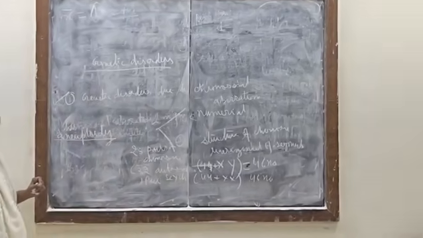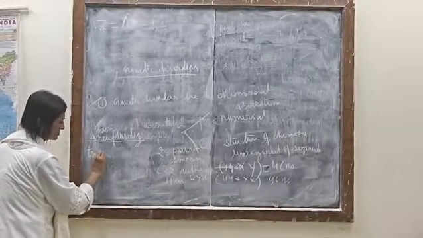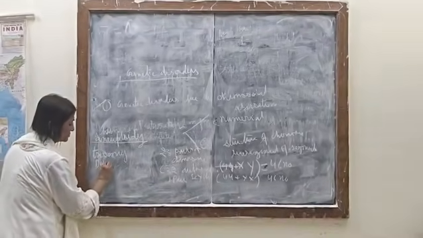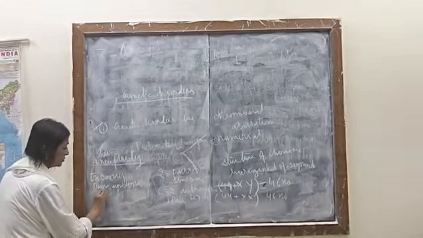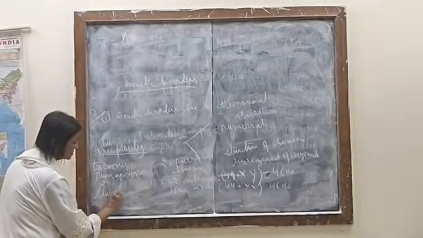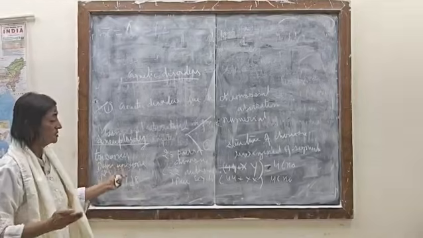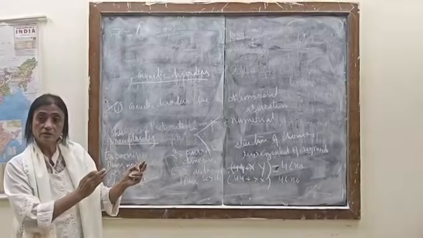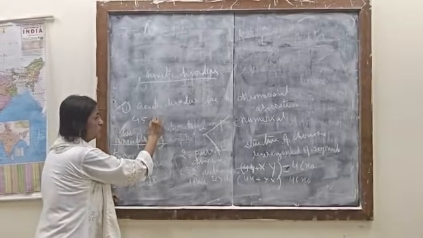Where addition of one means from 46 it becomes 47. Trisomy. For example, which we studied in our course, Down syndrome. It is a trisomy of chromosome number 21. Other example, Edwards syndrome. It is a trisomy of chromosome number 18. So these are the examples of excess. One condition is when there is a deficiency: instead of 46, the chromosome number is 45. It is called monosomy.